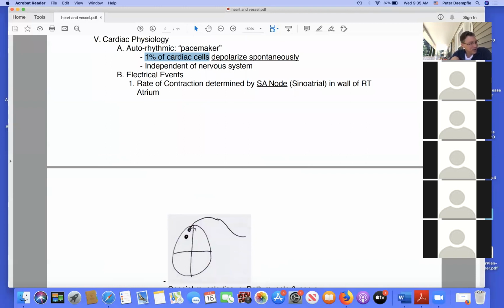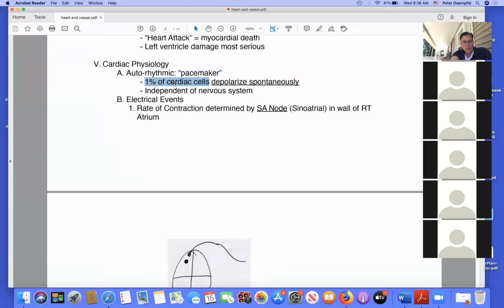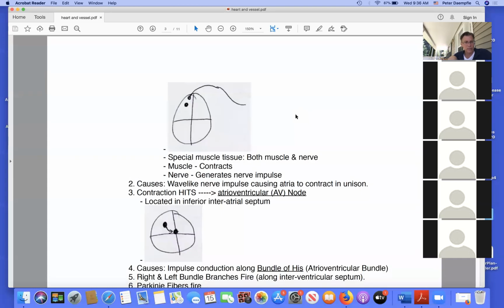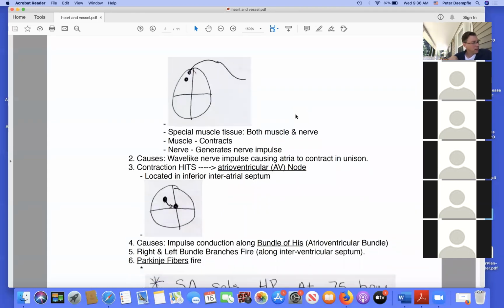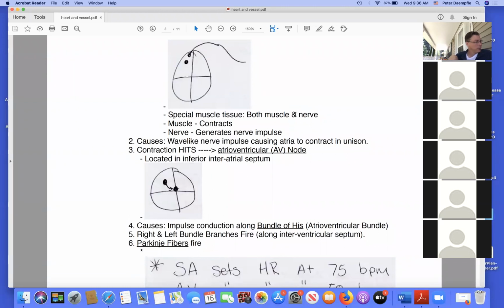If you look in figure 13.8, figure 1, there's an arrow going from what we call the sinoatrial node. That's the little 1% of heart cells that depolarize spontaneously. In other words, shoot off electric currents. And the rate of contraction is therefore determined by that 1% of cells, and that's known as the sinoatrial node in the wall of the right atrium. If you look in that figure 13.8, number 1, boom, you have the SA node, sinoatrial node, sending an impulse to the